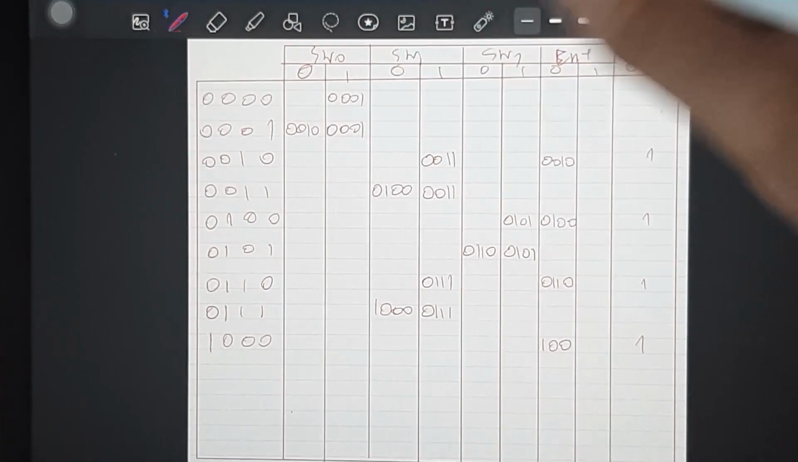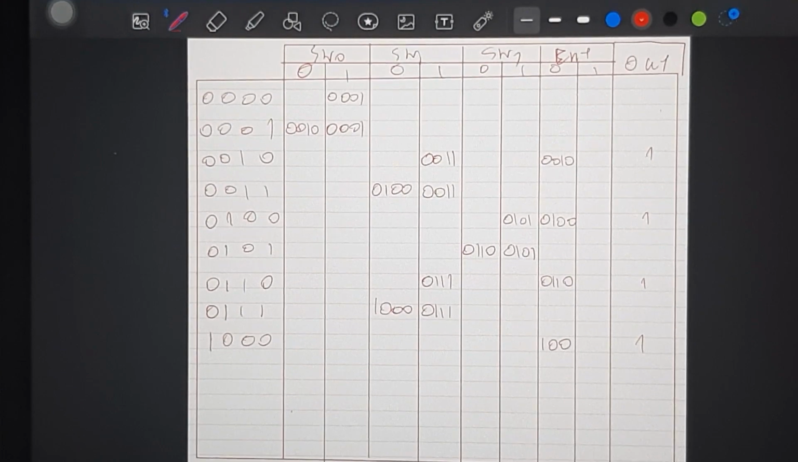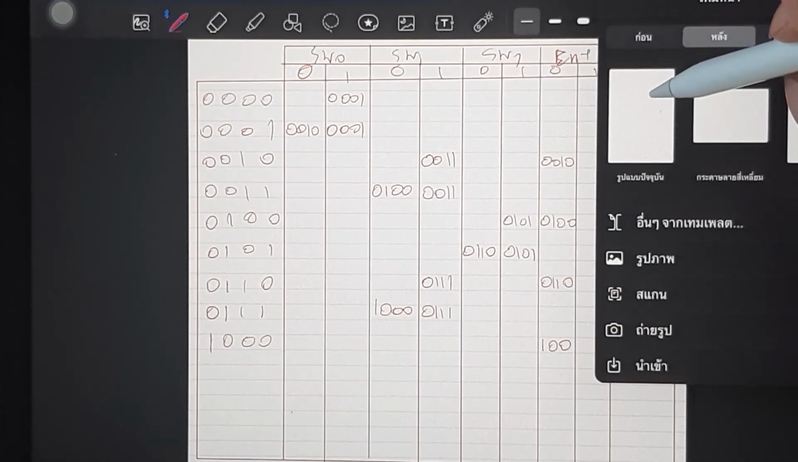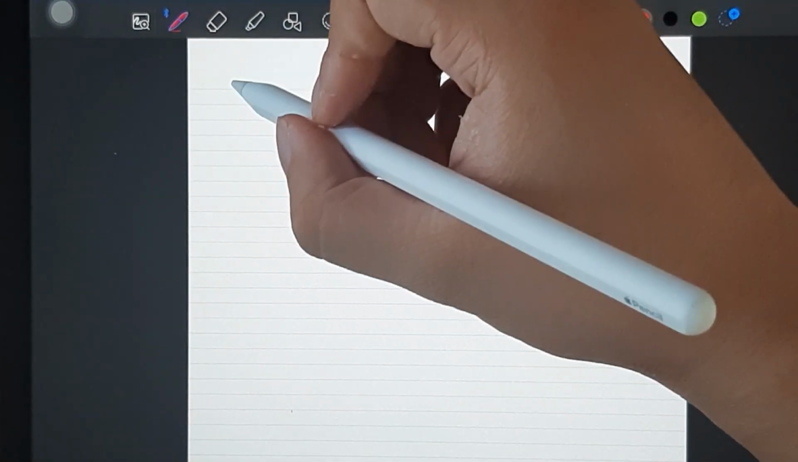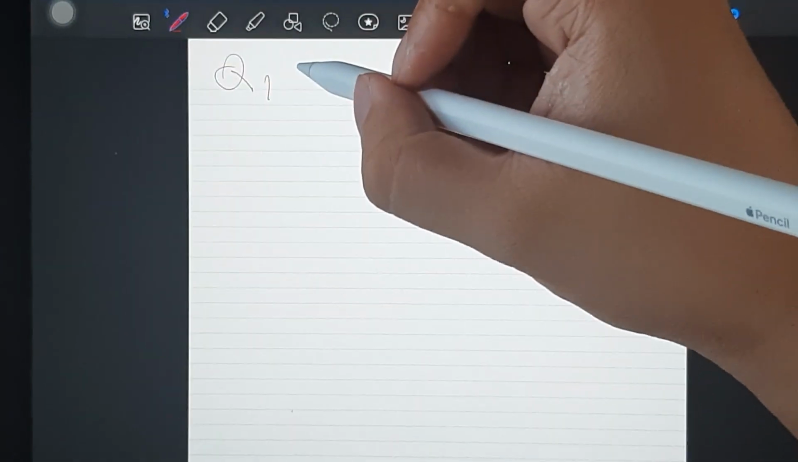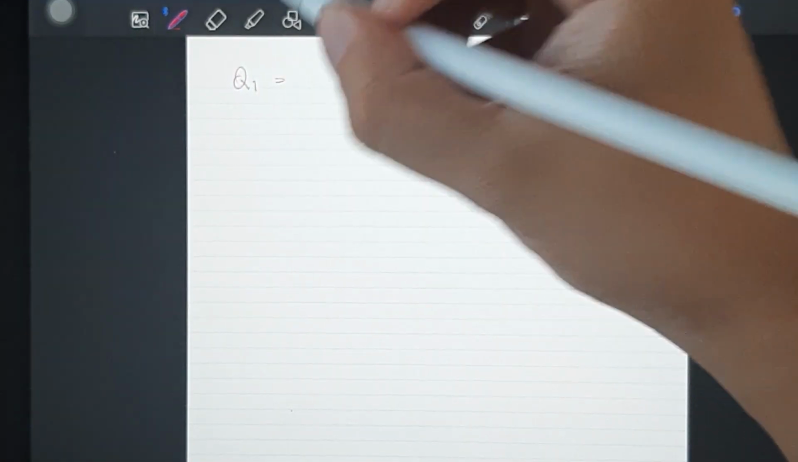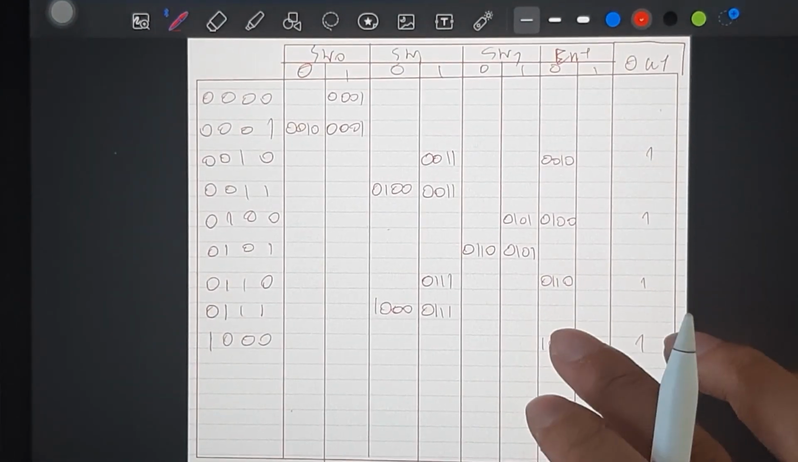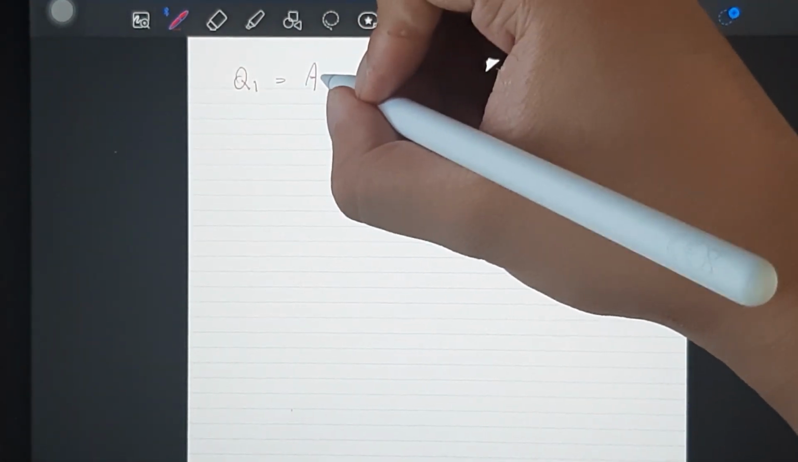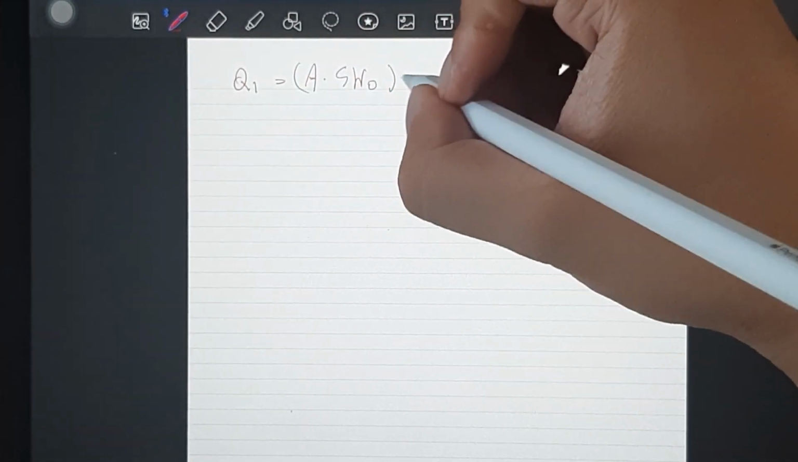Yeah, this is the middle block. So next is the equation of this diagram. We start at Q1. For Q1, there is state A times switch 0, plus